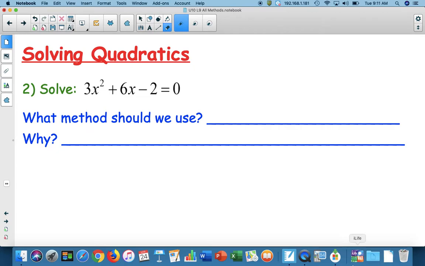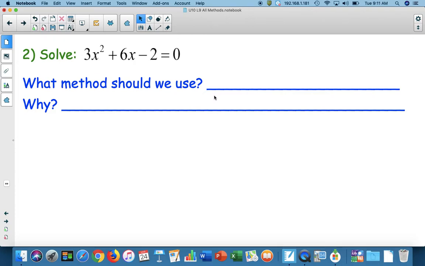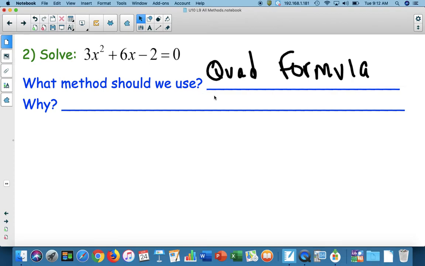Okay, next question. So now we have solving quadratics here. We have 3x squared plus 6x minus 2. All right, so let's solve this. What method are we using? Well, we have a number in front of x squared and a trinomial. So we should be using the quadratic formula. Oh yeah, the quadratic formula. Why? Because